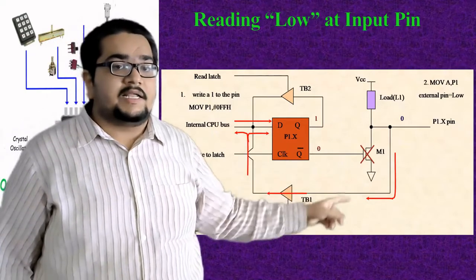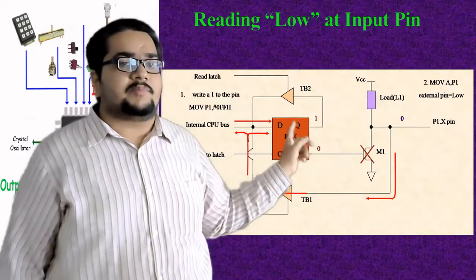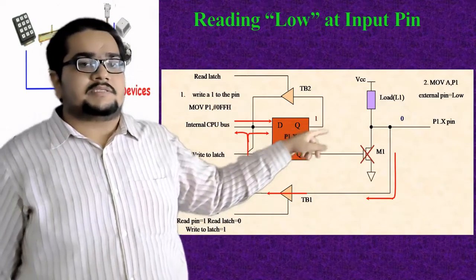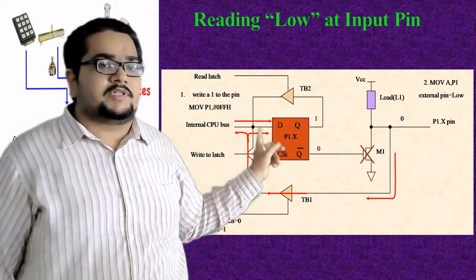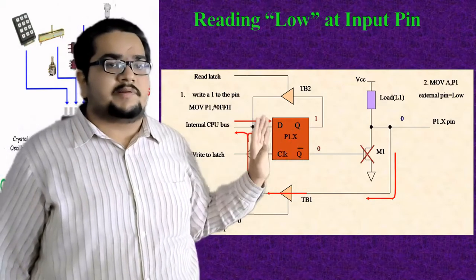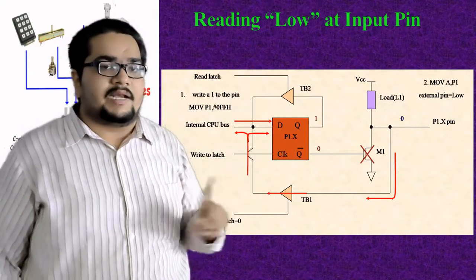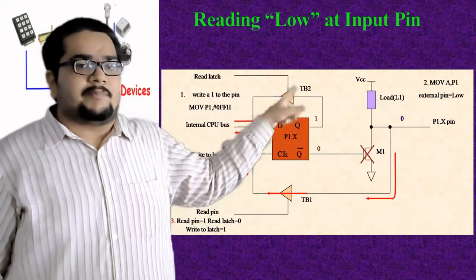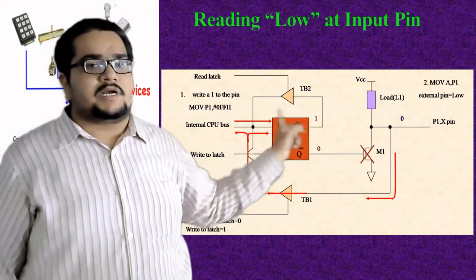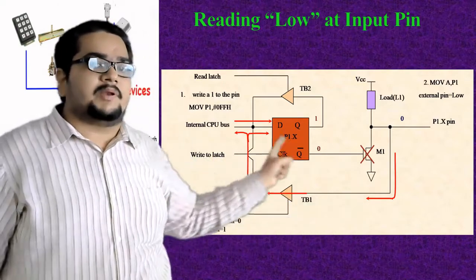Okay, and we are reading from the pin only, so this looping will not happen. Here we are not reading from this side, we are reading from this particular side. And as we are not reading again, it will not be loaded with the 0 value again. It will remain 0 and the output will be 0, and that is out. This looping will not happen basically when we read. When we write, this looping will happen. This looping, continuous update of this value, will happen. For writing operations, continuous update of this value will not happen, but continuous update from this side will happen.